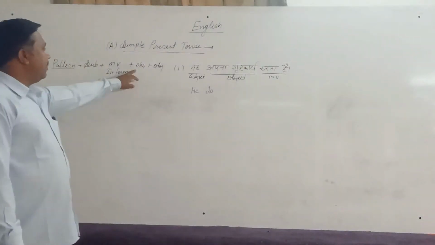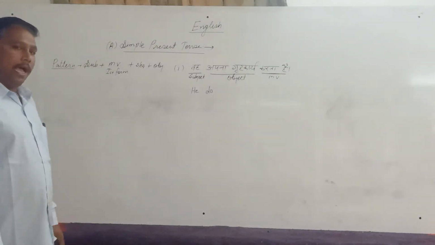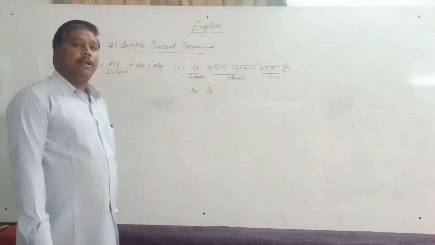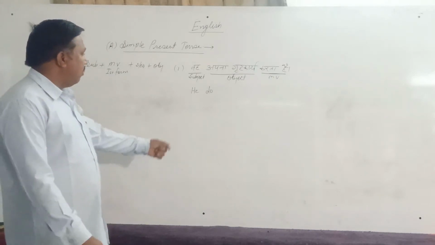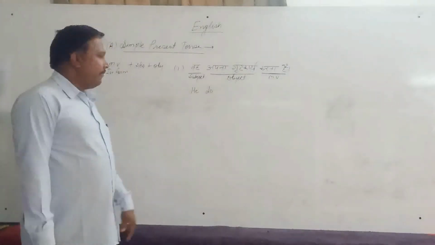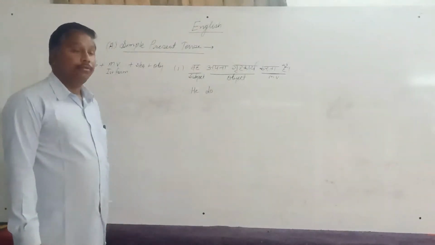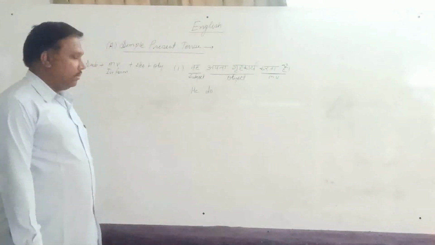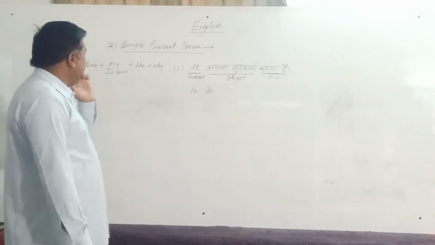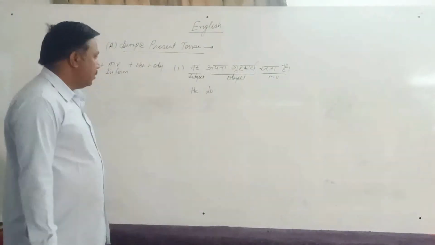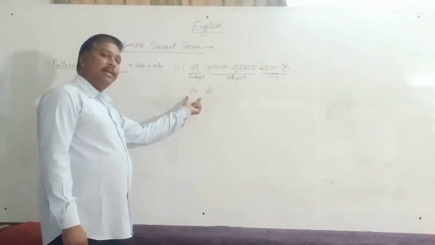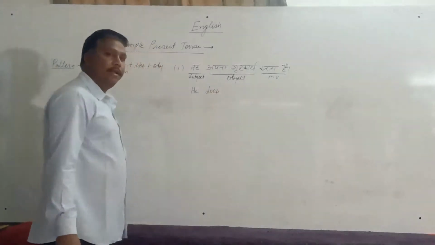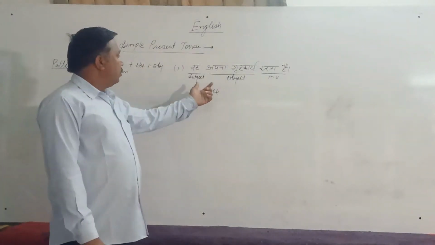And then the next element is s or es. I already told you that it is not compulsory. It depends on our subject. If our subject is singular, then we have to apply s or es with this word. Otherwise, no need to apply s or es. So look here, our subject is singular, then we have to apply here es. Clear?